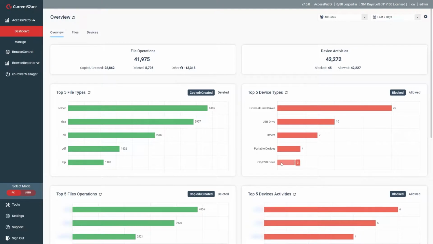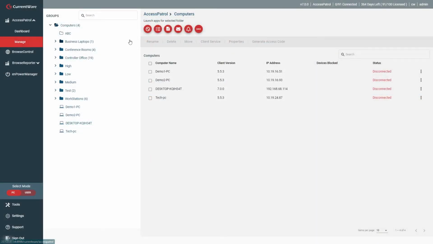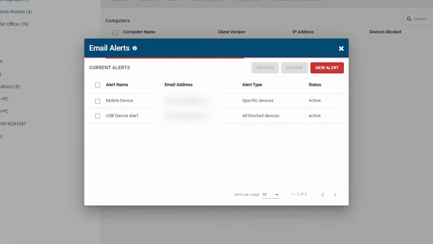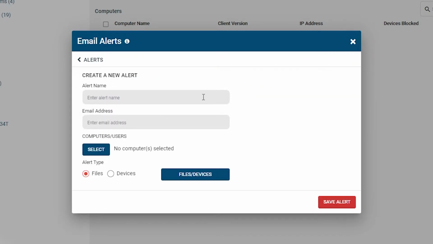This device usage data is used to populate various graphs across Access Patrol's dashboards. You can further refine how granular this data is by limiting the time frame, selecting only specific groups, and even investigating individual users. Having these metrics available at a glance makes detecting potential insider threats far more efficient as your organization scales. For a more proactive approach to insider threat management, you can set up targeted alerts that will notify designated staff members when these high-risk activities occur.